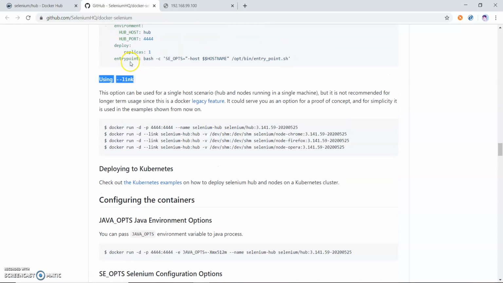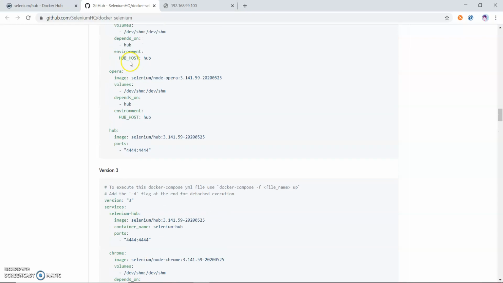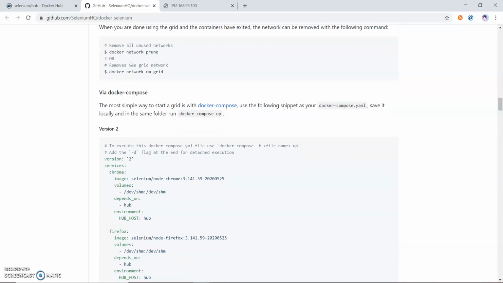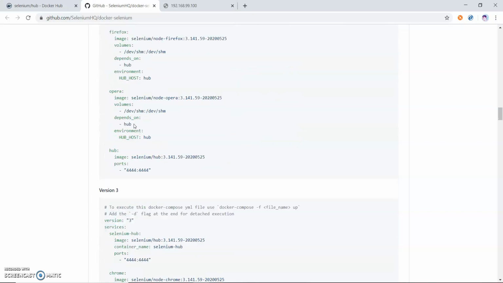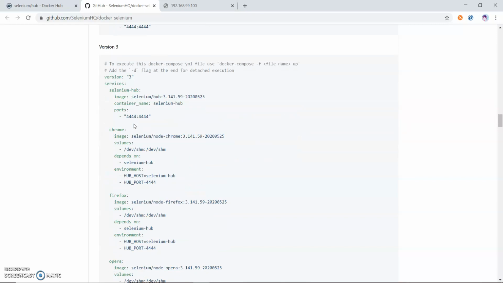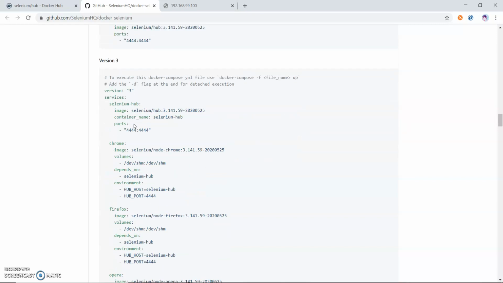In this video I'm going to show you the easy way to bring up our hub and node by using Docker compose. There are two versions, version 2 and version 3. In this video I'm taking the latest version because it is the updated version.